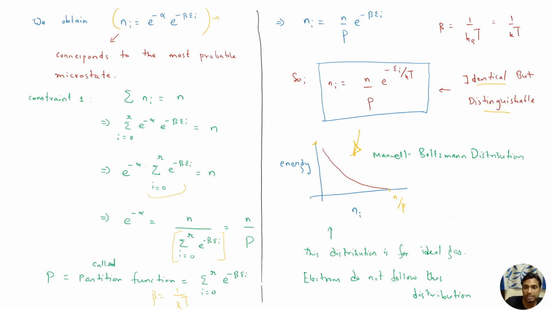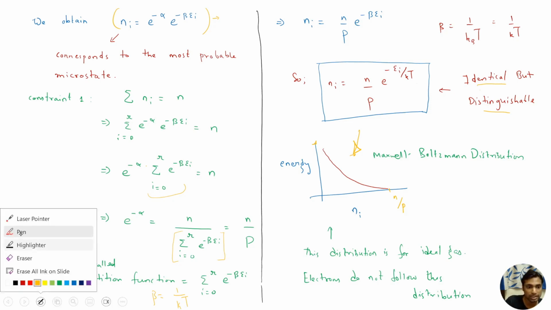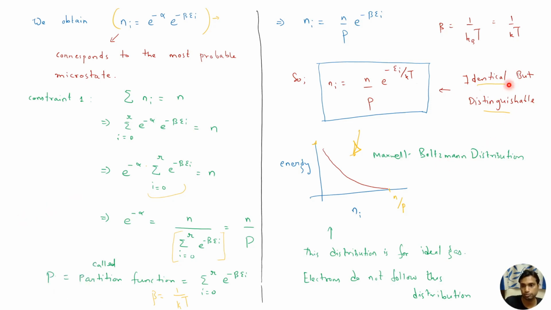The fact that the free electrons are not showing the behavior as expected has to do with this distribution not being followed. So let us look at why the distribution is not being followed. The crux of the problem is that we assumed the nature of the particles to be identical and distinguishable.